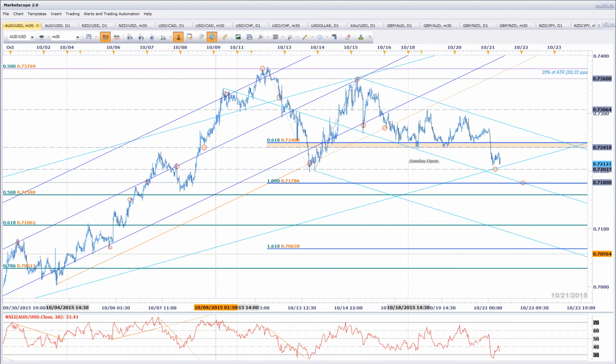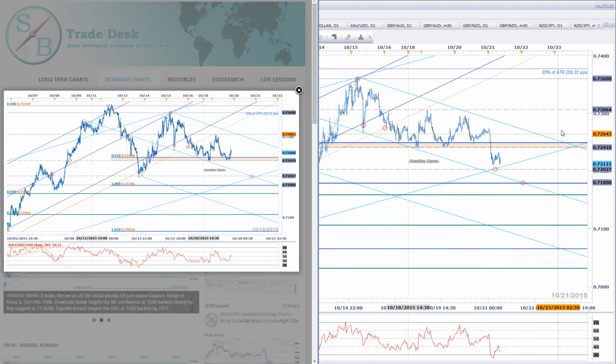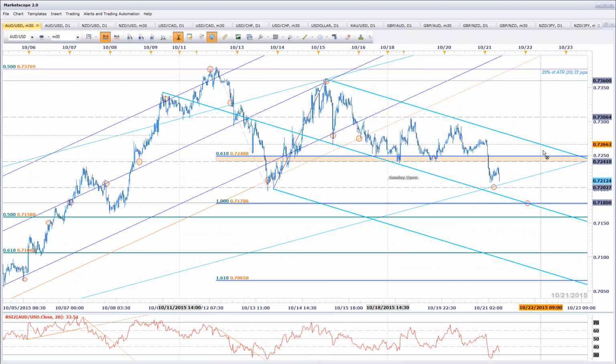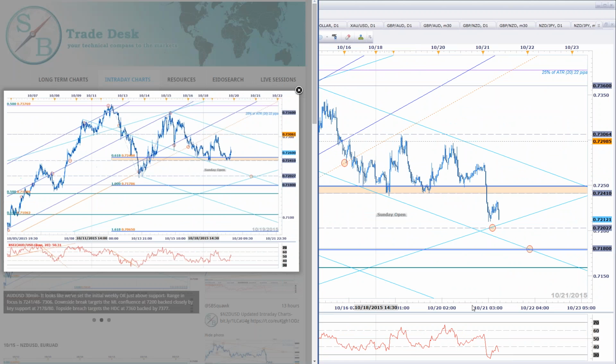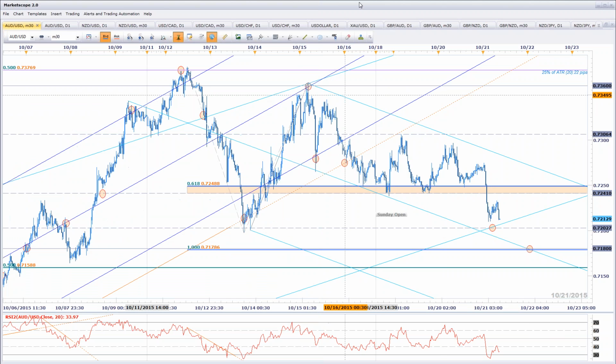Here's what it looks like now. Similar to the Kiwi, not quite as clean, but I think the opening range for the week was more definitive here. You set up a very clean opening range, like I said, 72.40 into 73, and we were looking for a break of this. Now, it just so happens that on this specific trade, ahead of the opening range break, you had a pretty compelling trigger that broke before you even made a break lower.